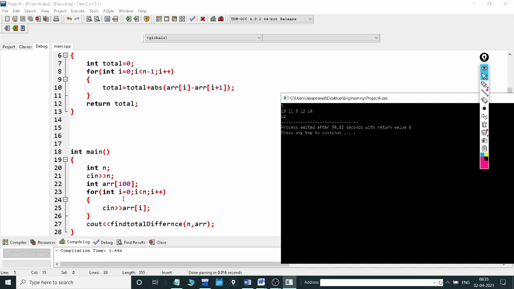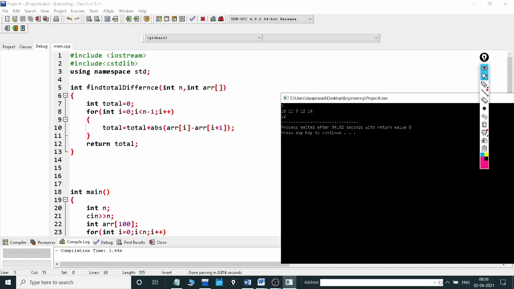Then using a for loop, 10 goes to array of 0, 11 goes to array of 1, 7 goes to array of 2, 12 goes to array of 3, and 14 goes to array of 4. Then here is the function call findTotalDifference. In that function we are passing n, meaning 5, and this whole array 10, 11, 7, 12, 14.